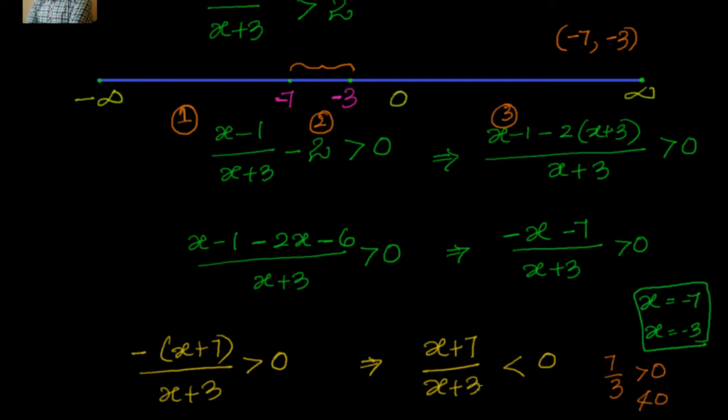Again I repeat. Once you get (ax plus b) by (cx plus d) with respect to 0, find the values of x and find those critical points. Then substitute x equal to 0 and see in which window you are. It is in the third section, because minus 3 to infinity comes under the third part. I see that 0 is not satisfying, which means automatically the first part also will not satisfy. So the solution will be minus 7 to minus 3.